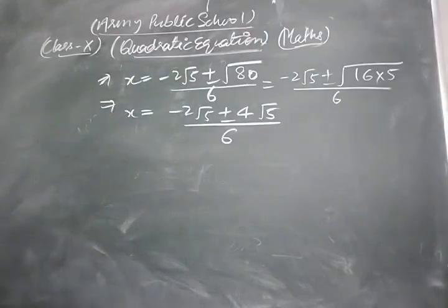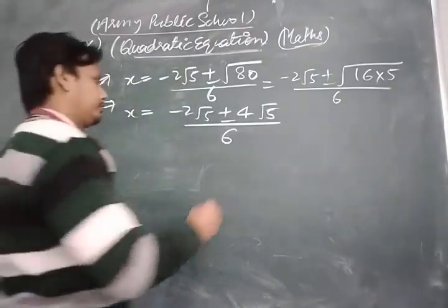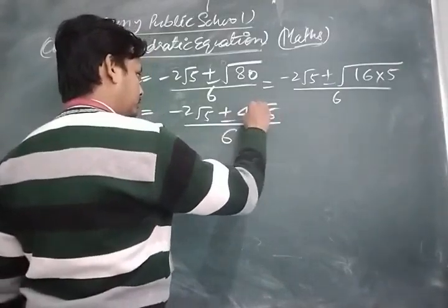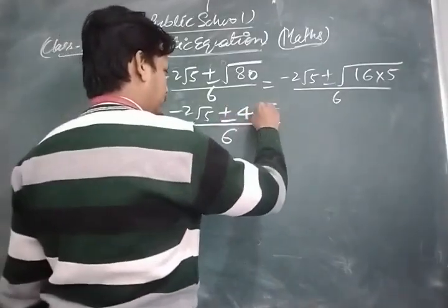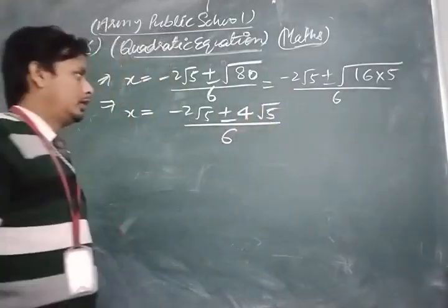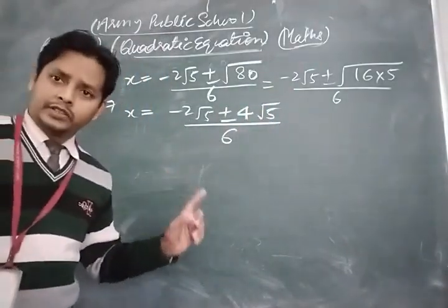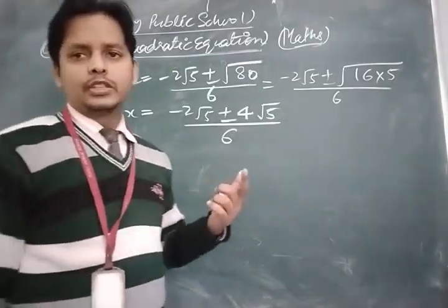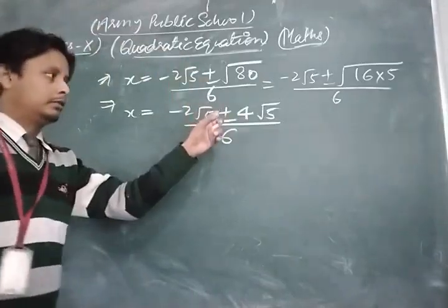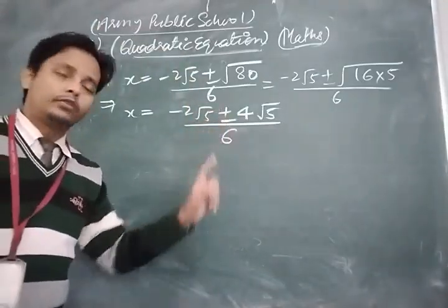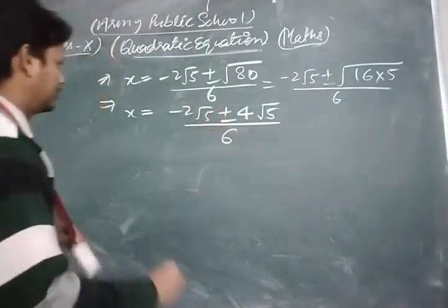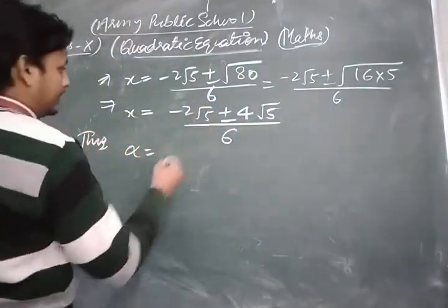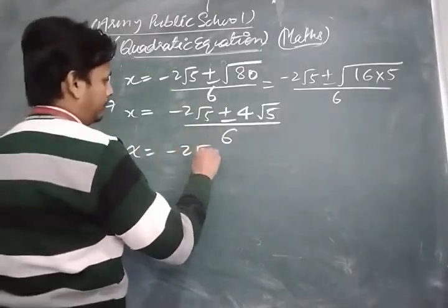Now look, dear student, because a quadratic equation has two roots, first of all we take plus, that is the first root. Now when we take minus, then we find the second root. Thus, the first root we take as alpha, with minus 2 root 5 plus sign